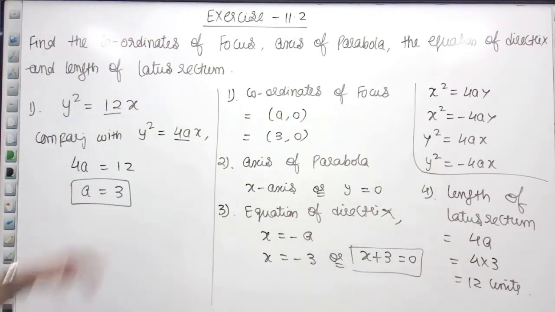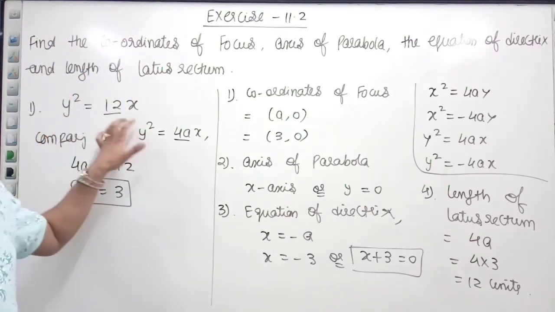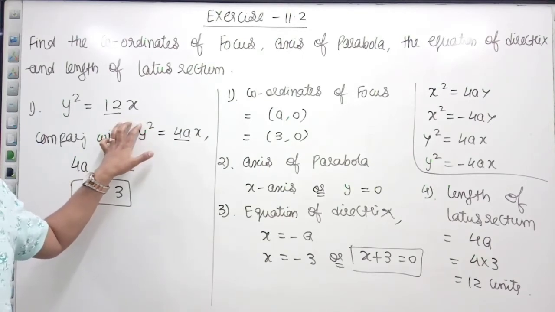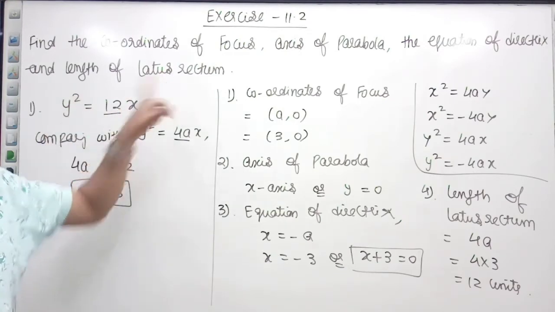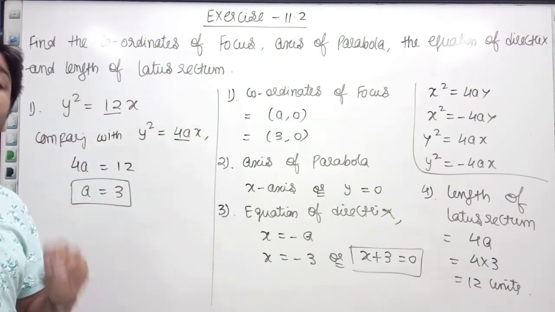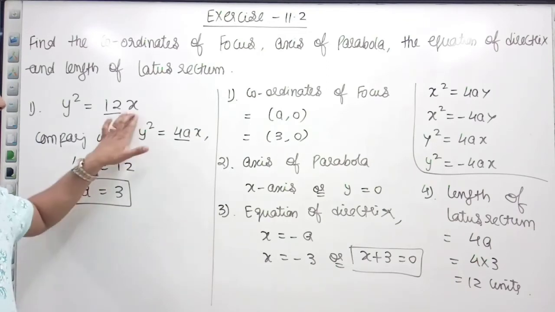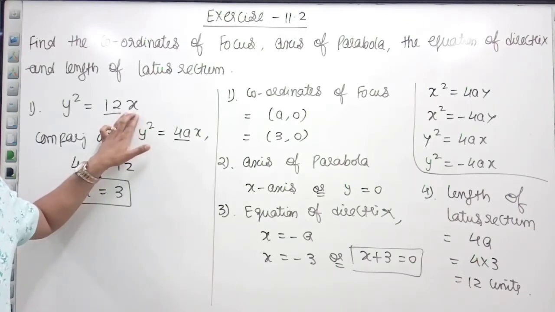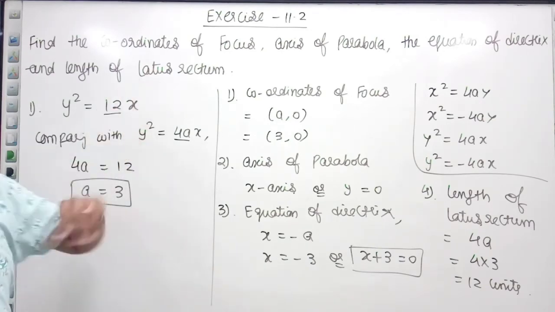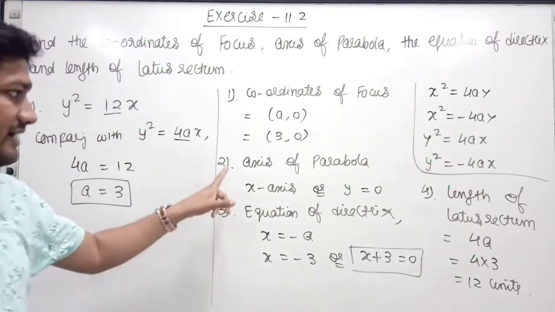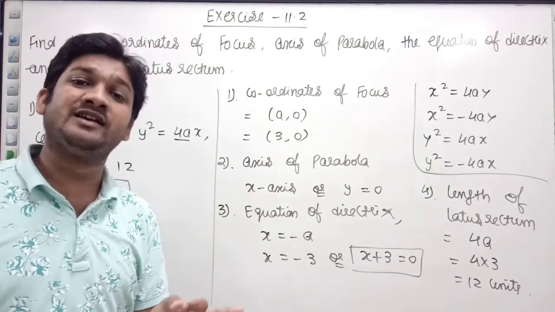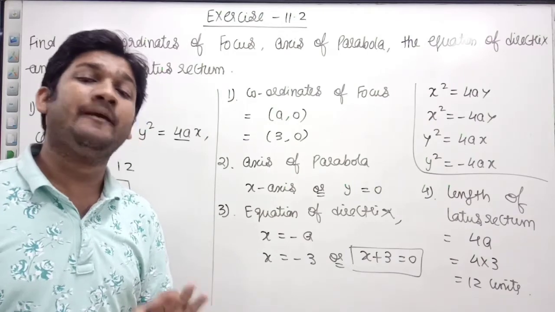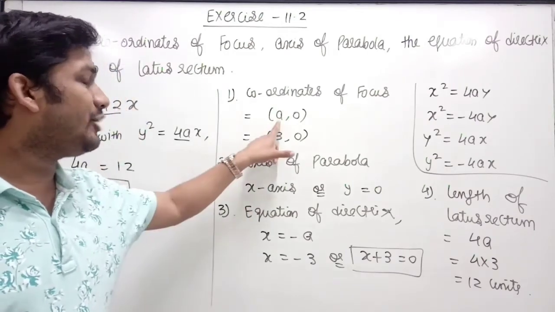Like if I have the equation y square equal to 12x. In every equation of parabola, one variable has highest power 2 and the other variable has highest power 1. The variable which is having power 1 will help us to identify which axis it is lying on. Power of x is 1, so we can say x-axis. Like the equation of axis of parabola is x-axis. And if the axis is x-axis, the focus will be lying on the x coordinate, that is a comma 0.